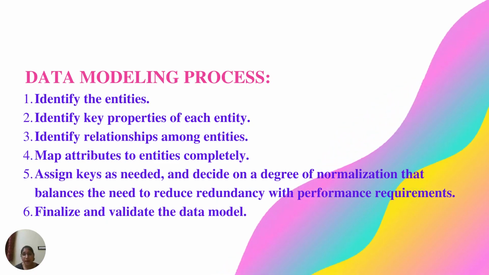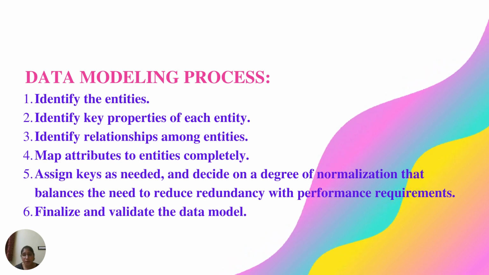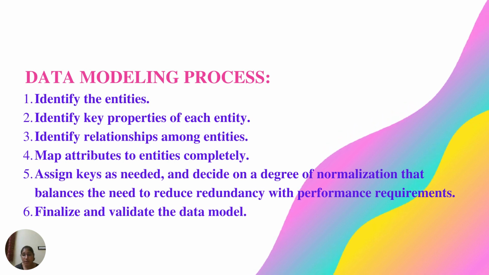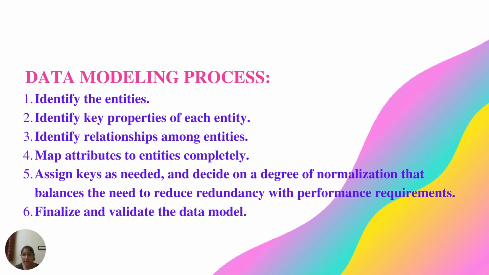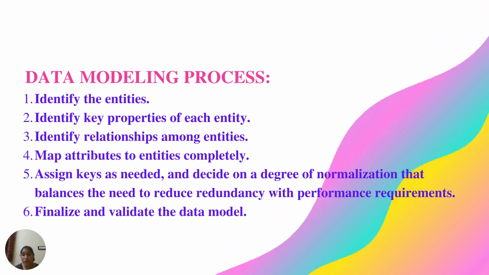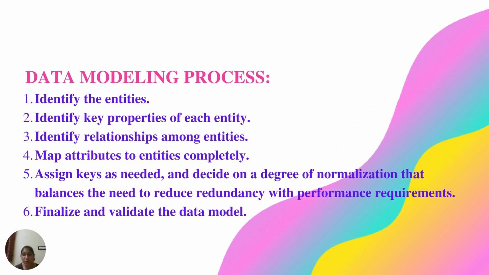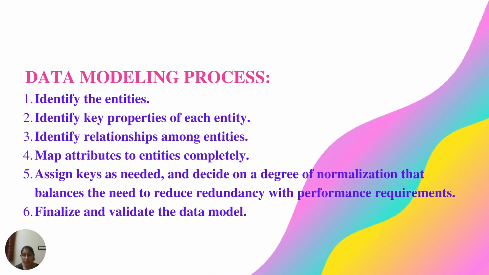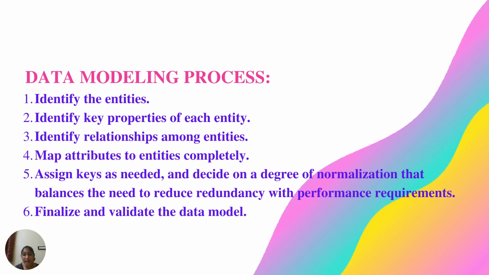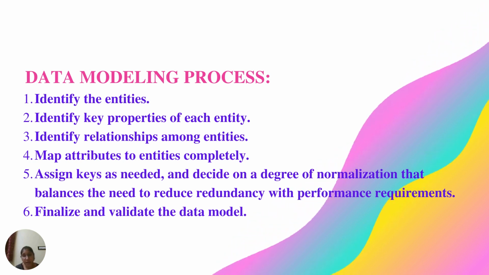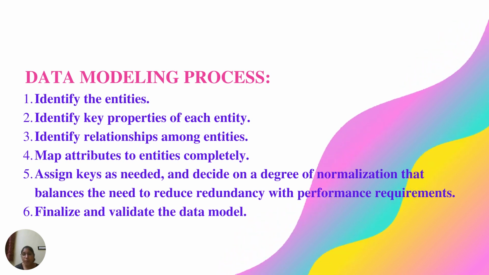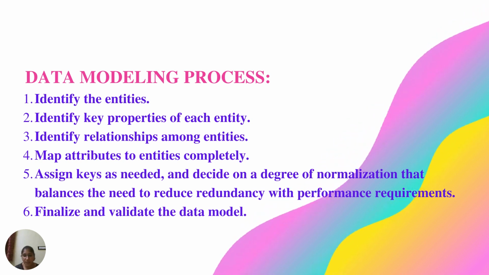Now, I am going to talk about the data modeling process. The process of data modeling begins with the identification of things, events, or concepts that are represented in the data set that is to be modeled. In the second step, we will identify the key properties of each element. For instance, an entity called customer might possess attributes such as first name, last name, telephone number, and salutation, while an entity called address might include a street name and number, a city, state, country, and zip code. So these will be the key properties.